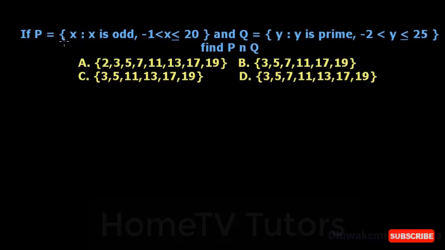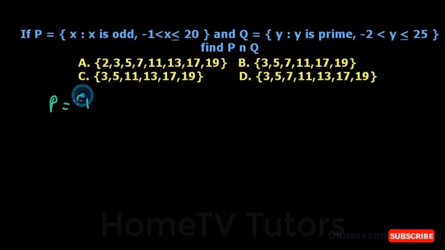If P is odd between -1 and 20 and Q is prime between -2 and 25, find P intersect Q. Okay, let's write out the elements of P. Odds between -1 and 20. From -1 we should be having